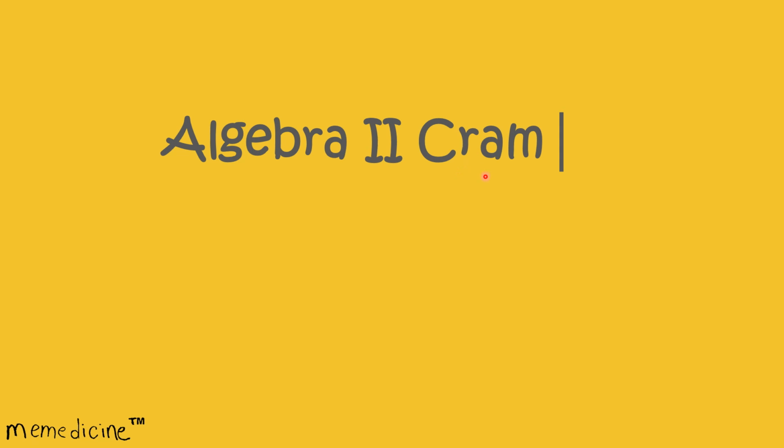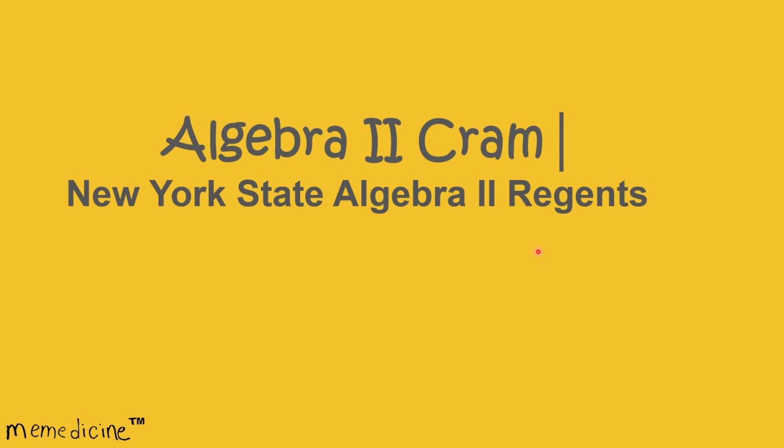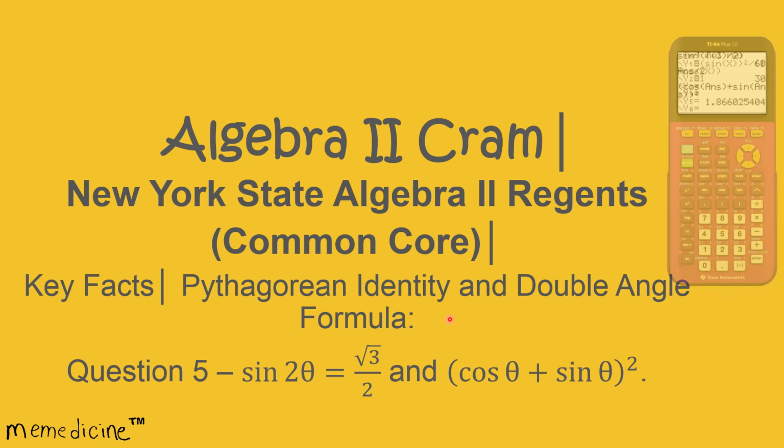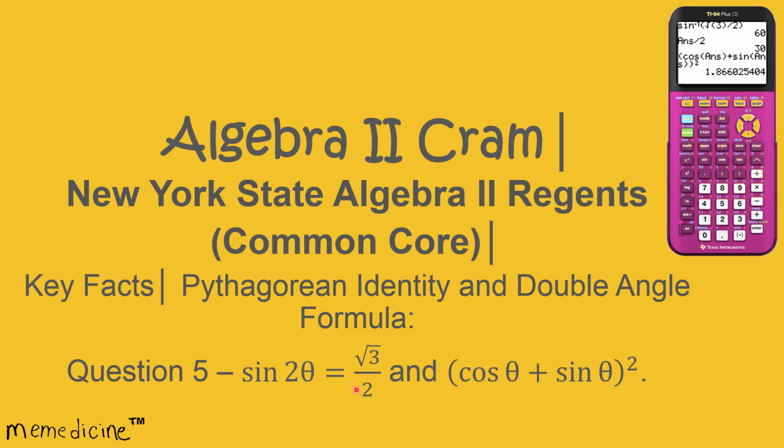Algebra 2 Cram, New York State Algebra 2 Regents, Common Core, Key Facts: Pythagorean Identity and Double Angle Formula. Question 5: the sine of 2 theta equals radical 3 over 2, and the cosine of theta plus sine theta